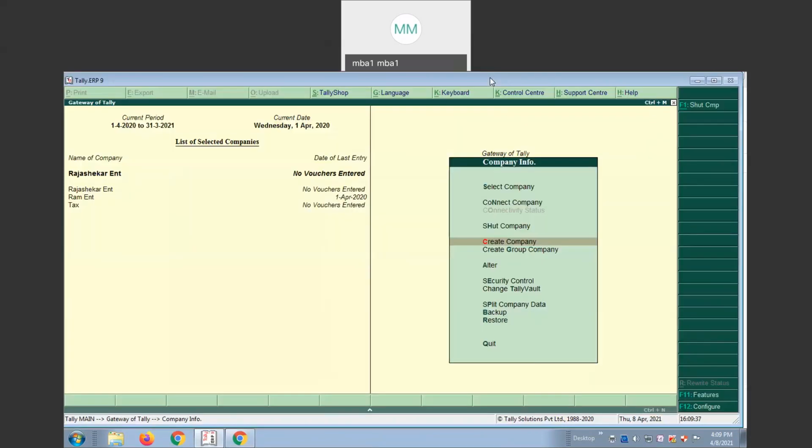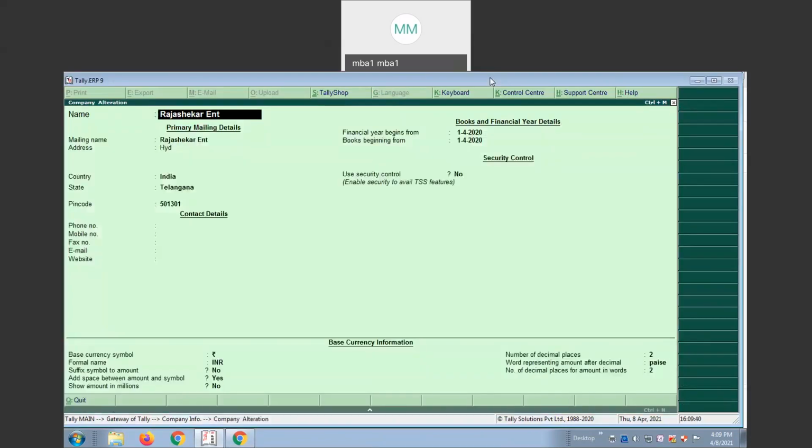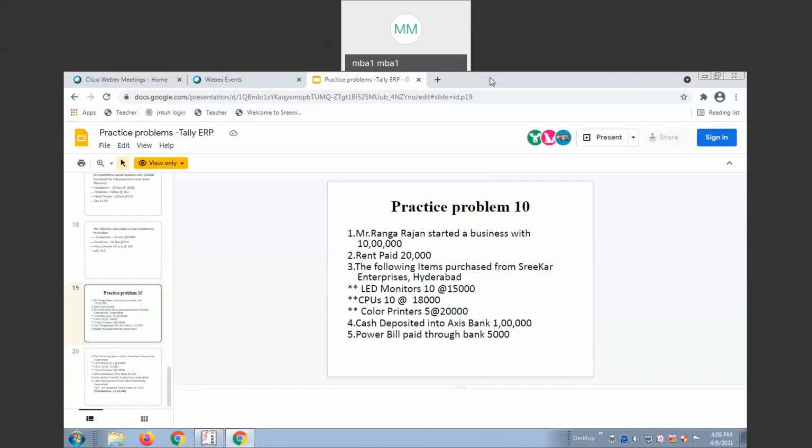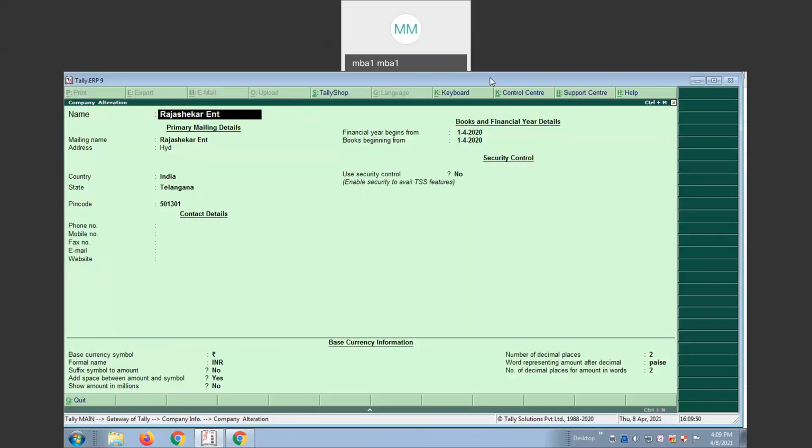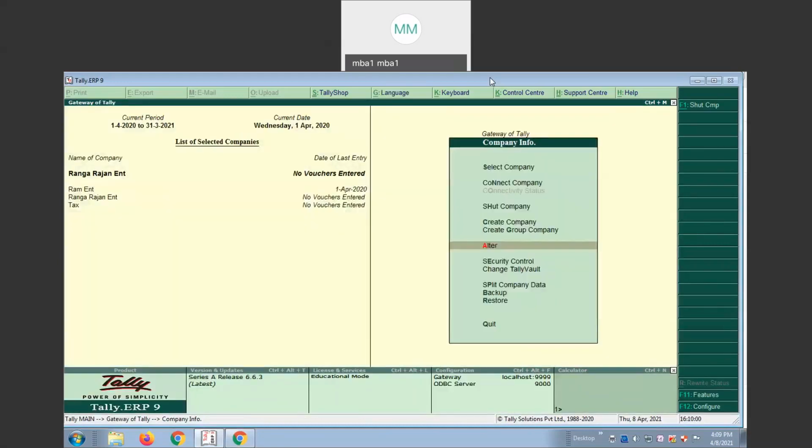Okay, I'll change the company name to last problem, because you need to practice the 8th problem and 9th problem. Okay, 10th problem, GST. I explained GST only. So the company name is Rangarajan. Saving. The company has been saved.